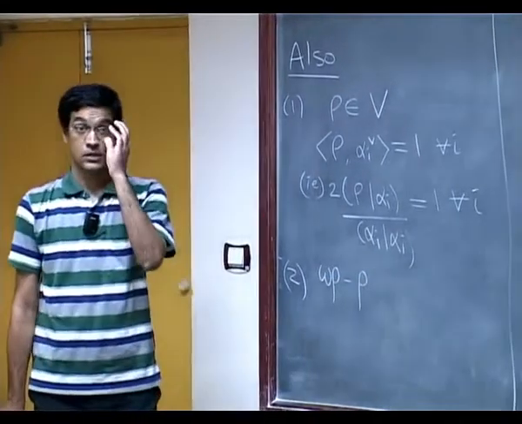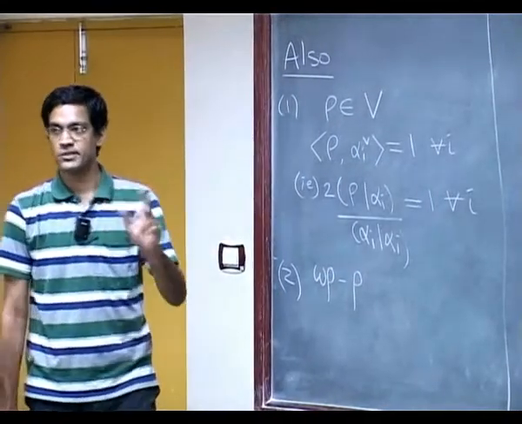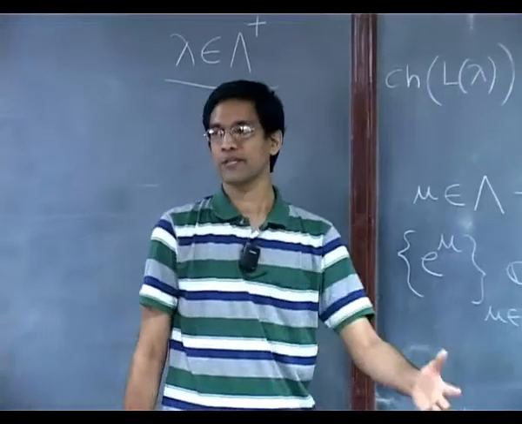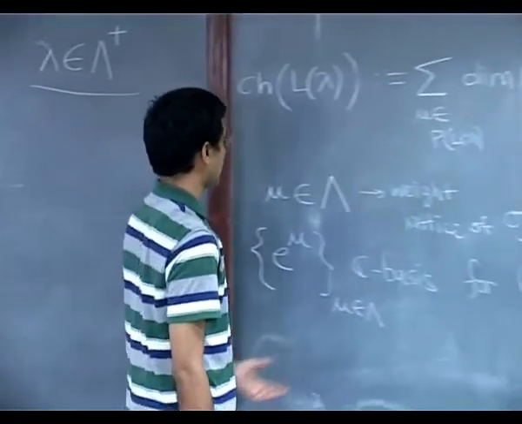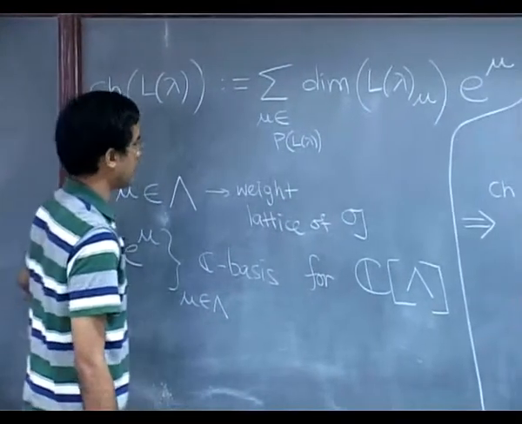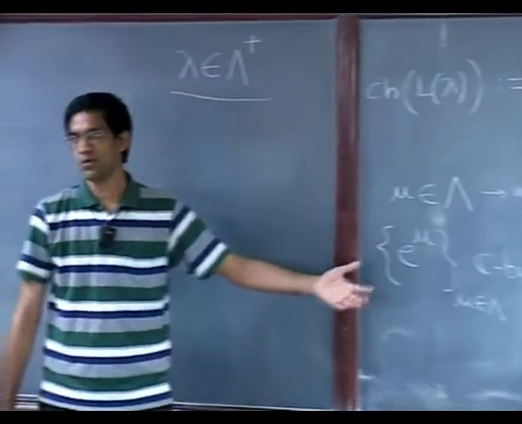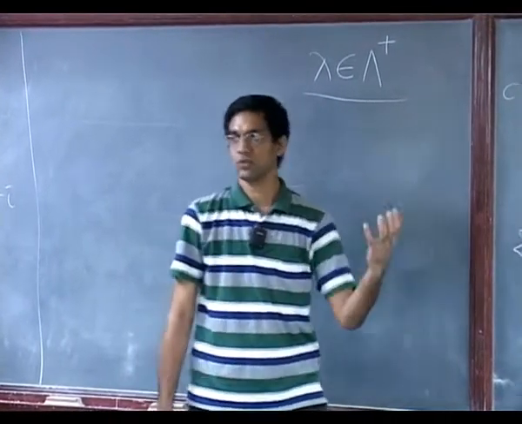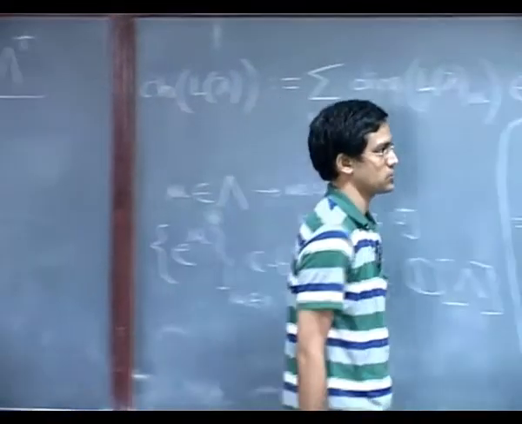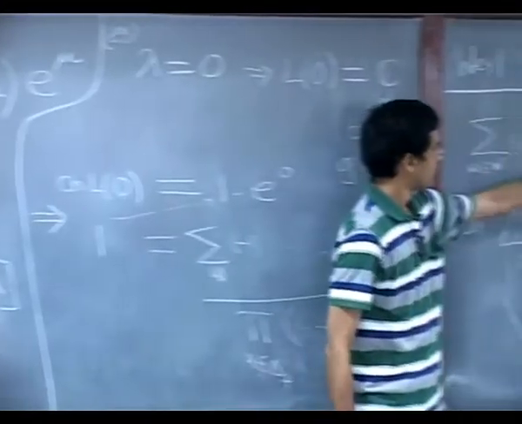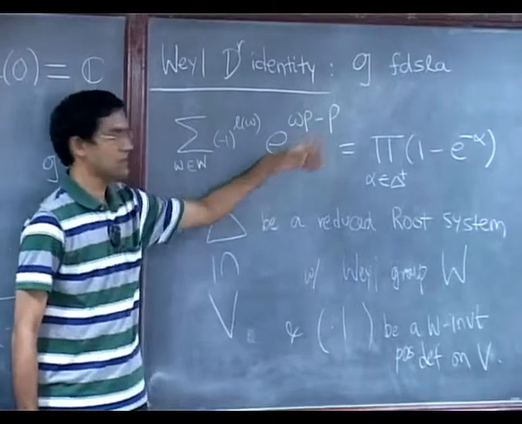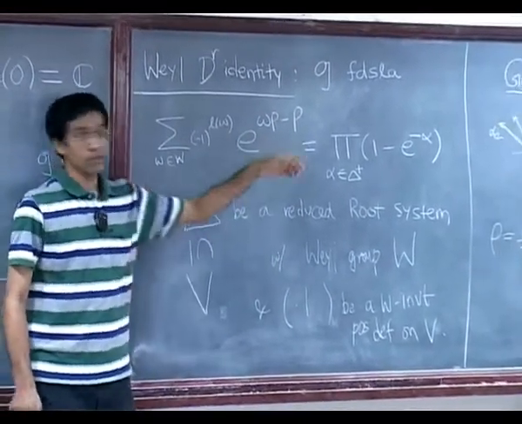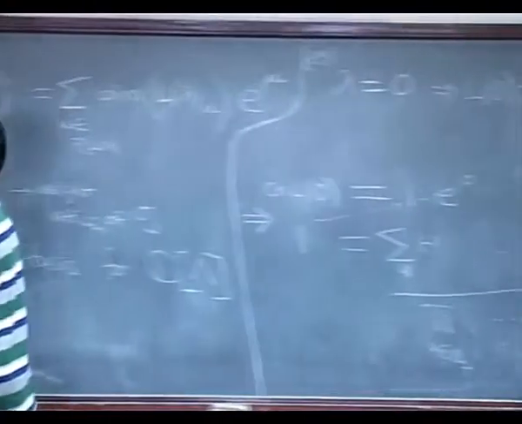If you notice, rho by itself does not appear in this equation. Okay. What appears in this equation is this particular combination W rho minus rho. That is also what appears in the Weyl character formula, for example. I mean, I had W of lambda plus rho minus rho. So, there is a W lambda and then there is a W rho minus rho. So, it always appears as that particular combination. That is a crucial observation. And this guy, even though rho in itself seems like an extraneous thing to a root system, in some way, W rho minus rho is very much intrinsic to the root system.